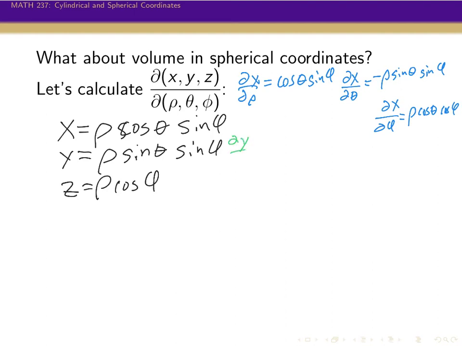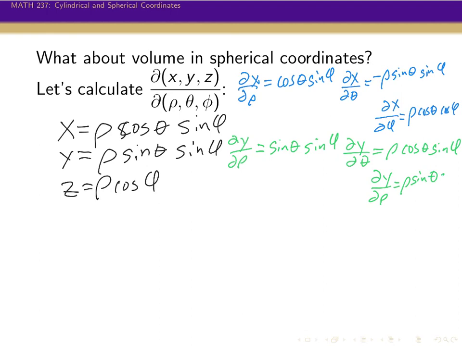dy d rho is going to be sine theta sine phi. dy d theta is going to be rho cosine theta sine phi. And then dy d phi is going to be rho sine theta cosine phi. And then last but not least, Z,